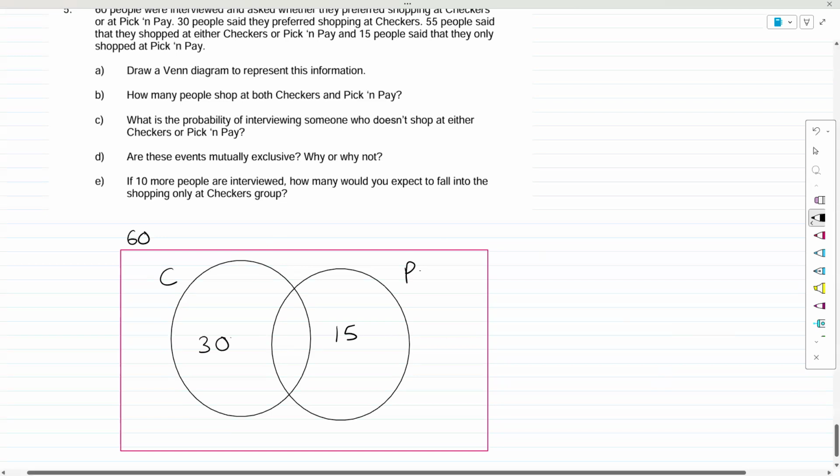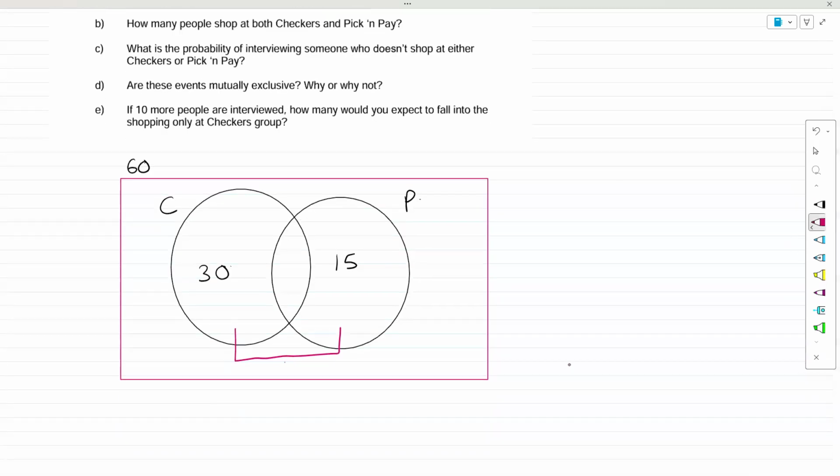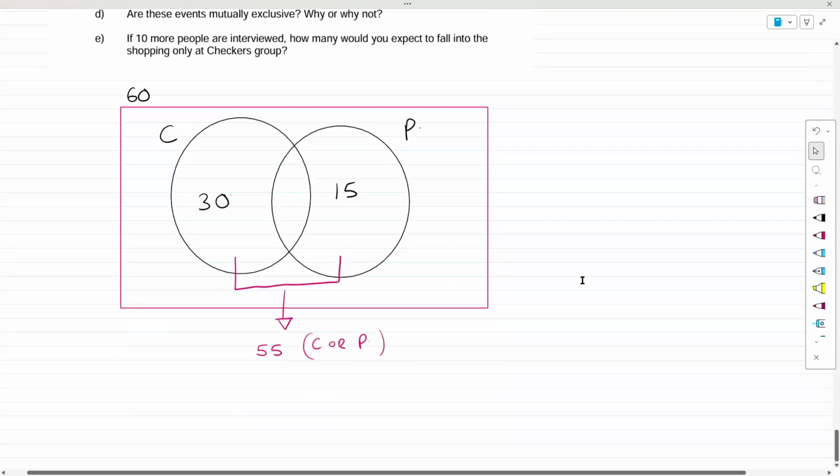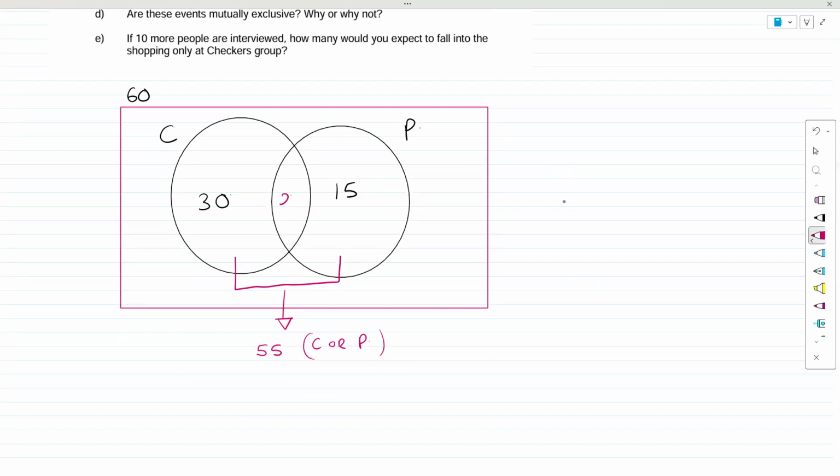And this one is where we need to understand. 55 people said they preferred shopping at Checkers or Pick and Pay. So this circle is 55. This is Checkers or Pick and Pay. I apologize if my 5s look like S, but I can't do anything about that for now. So 55 people. Guys, this one is X. That one's easy to deal with. This one is very, very easy to deal with because